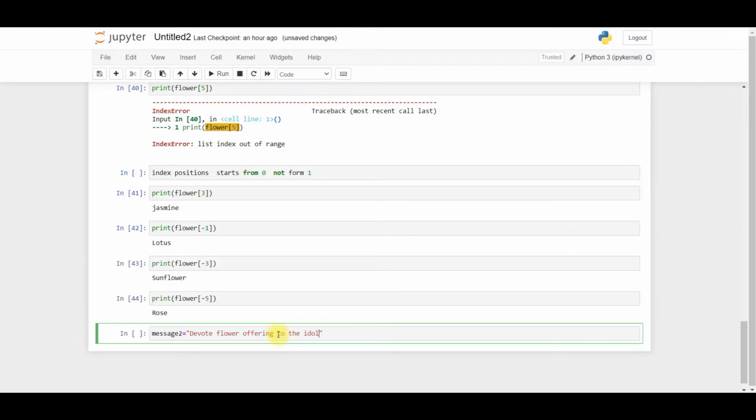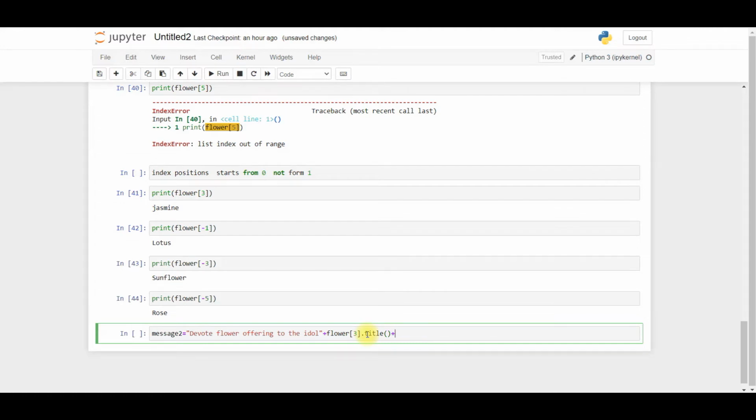And I require the text to be concatenated. So for that concatenation, you have to just put the plus symbol. That's very important. Then you can type the element that you want. So in this case, I take the flower and take the element number, say 3. Okay, jasmine, element number 3, and dot, I'll put it as a title, right? So title method ensures that flower is a title, and once again I put plus,